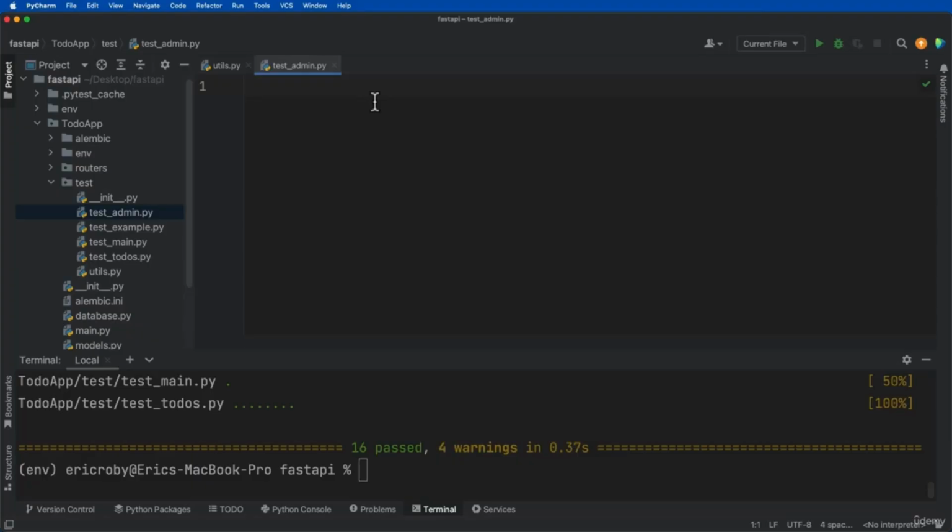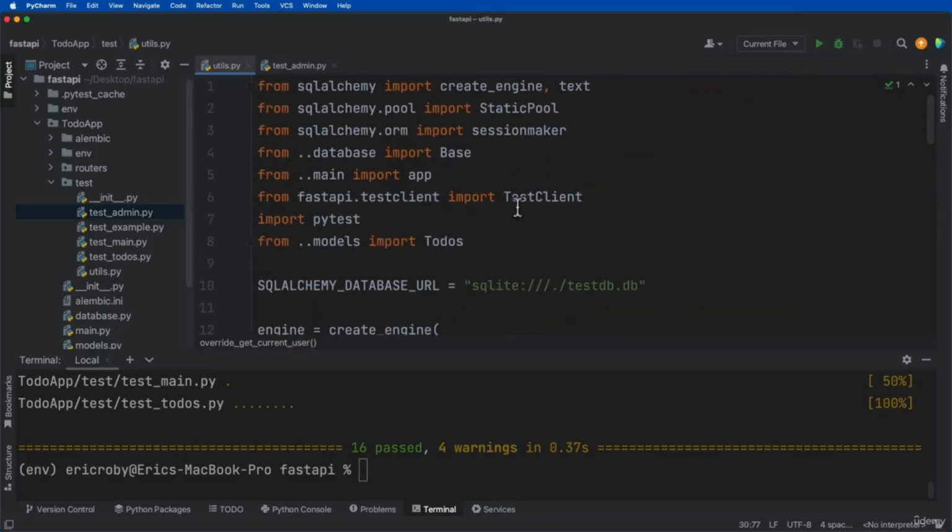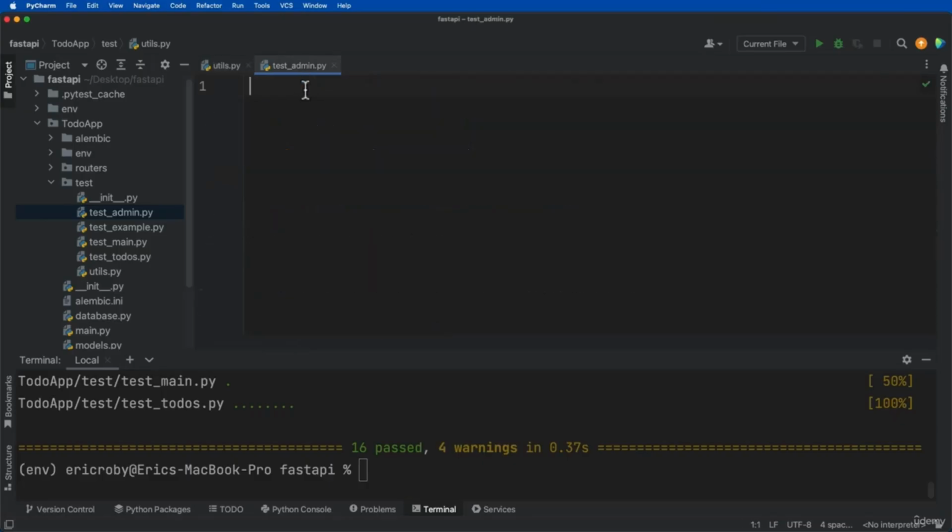Now, there's a few things that we need to import. So, of course, the very first thing we need to do is import our utils file. Once we import our utils file, we'll get all of these imports, and we'll be able to mix and match some of the functionality so we don't have to rewrite a lot of code. So let's start by saying from .utils